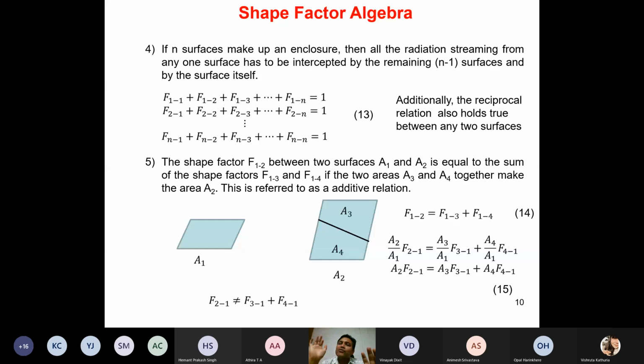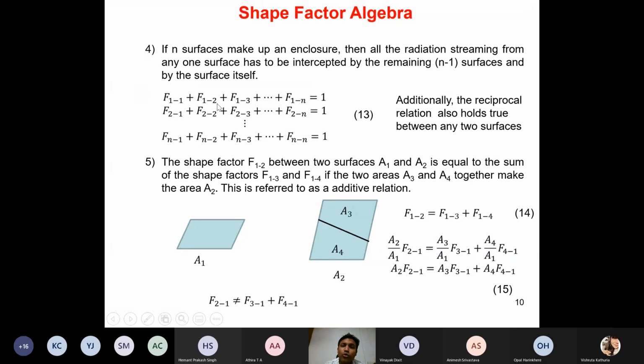Also, the remaining n-1 surfaces are going to intercept the radiation emitted by that particular surface. So in such cases, the equation is F11 + F12 + F13 + ... + F1n = 1. That means the shape factor of a particular surface with respect to itself and with respect to all other remaining surfaces,